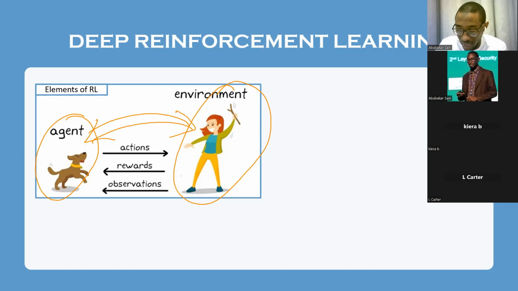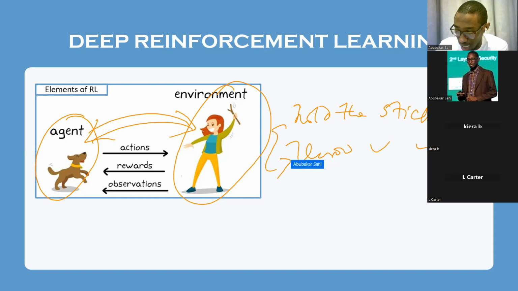Okay. So when the environment changes its situation, now the situation of the environment is to hold the stick. Okay, this is the current situation. Maybe the next situation, the environment will throw the stick. So what happens now? We want the agent to observe this change of situation or status of the environment and make a decision. So once the stick is thrown, the agent, which is the dog, has two options: either to fetch, right, or to stay.